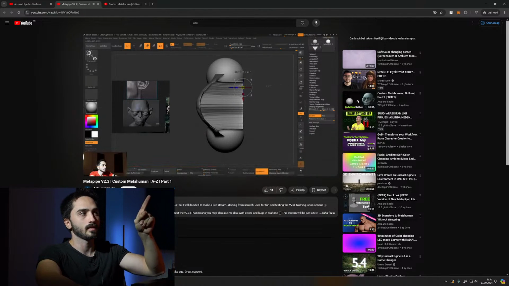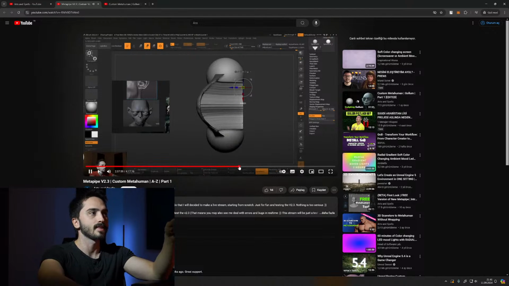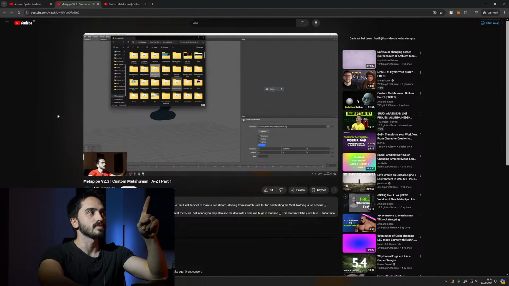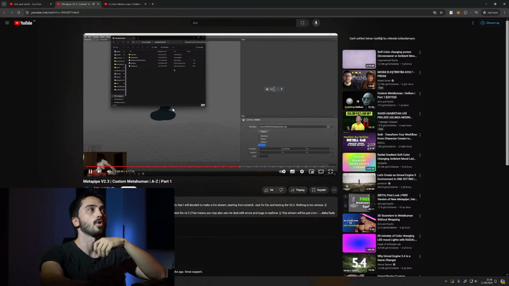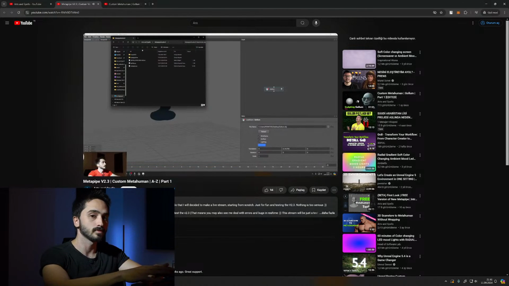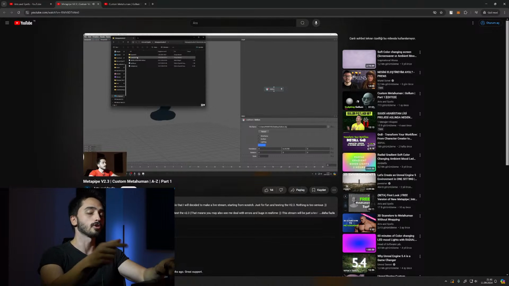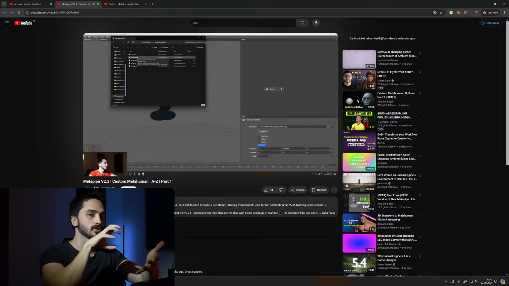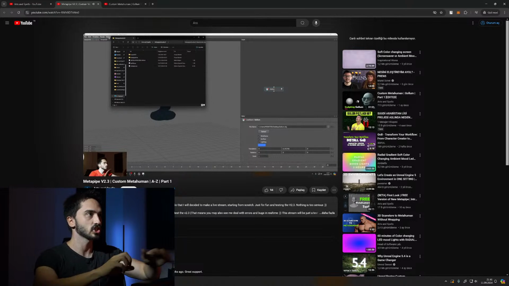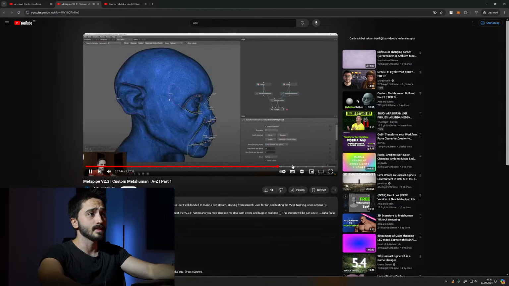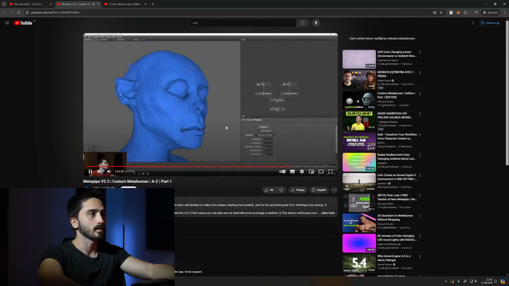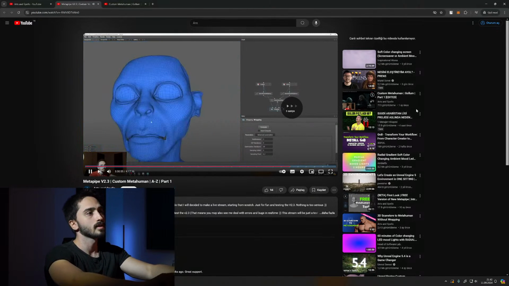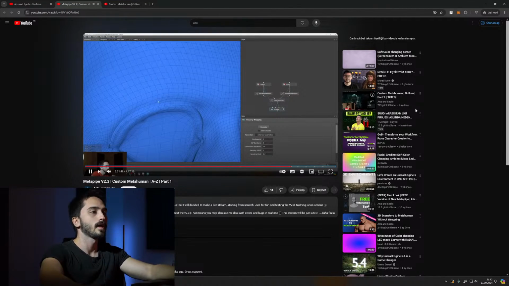So I showed those inside here, and then I showed the Z-Wrap process where I go inside Wrap 3D and import my custom mesh and import Metahuman topology. I wrapped Metahuman topology to my custom sculpted mesh, and then in here you can also see that I wrapped the whole face, and then I go back to ZBrush,